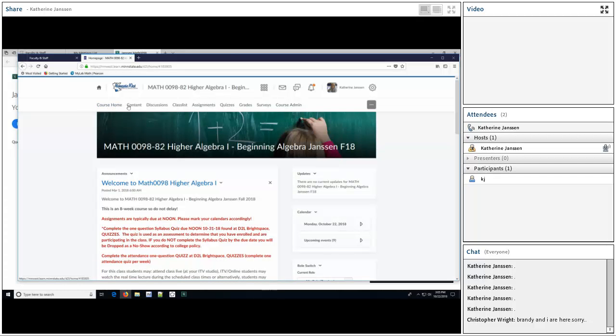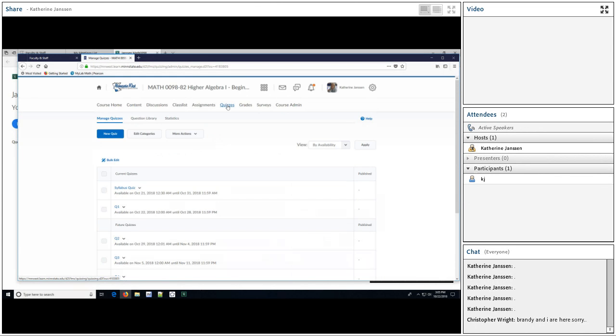Let's go to our main menu bar, which navigates across the top of our page, and look at the quiz category. The first quiz listed is your syllabus quiz with its open and close dates. Make sure you take that. By policy, that's so I know you are participating in the class. Then there's quiz 1, quiz 2, quiz 3, which could read week 1, week 2.